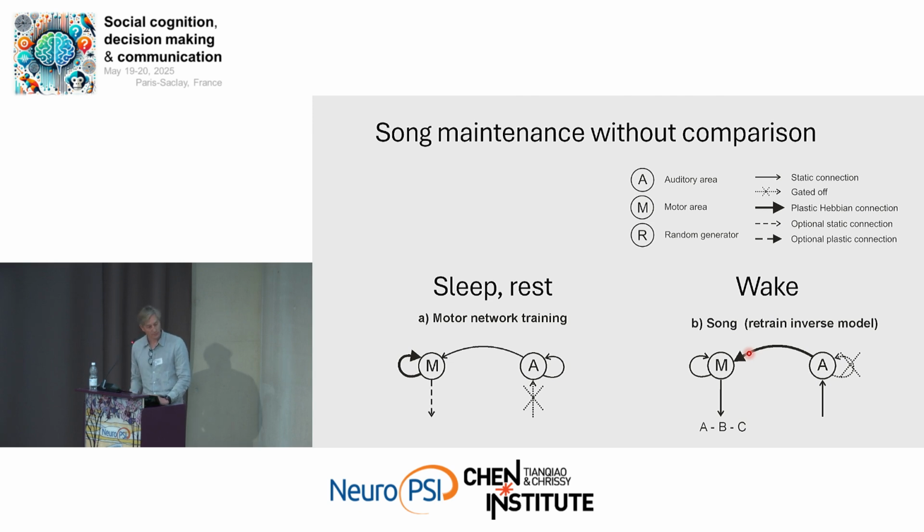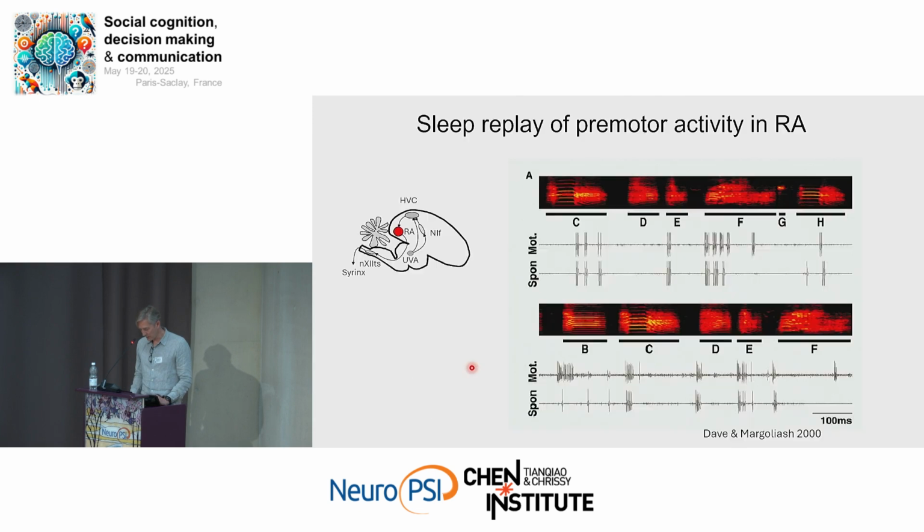That's the idea. Okay, so we thought, let's just perturb the sleep activity in the brain. Then the birds should not be able to learn if there is really some kind of learning during sleep. And beautifully enough, birds seem to have this replay activity during sleep. There's an RA neuron over here. Remember, that's the target area of these LMAN neurons I just showed you. When the birds sing a song, they fire in this way, and when the bird sleeps, they spontaneously recapitulate some of this. So you could say birds dream of their songs, at least from the perspective of RA.